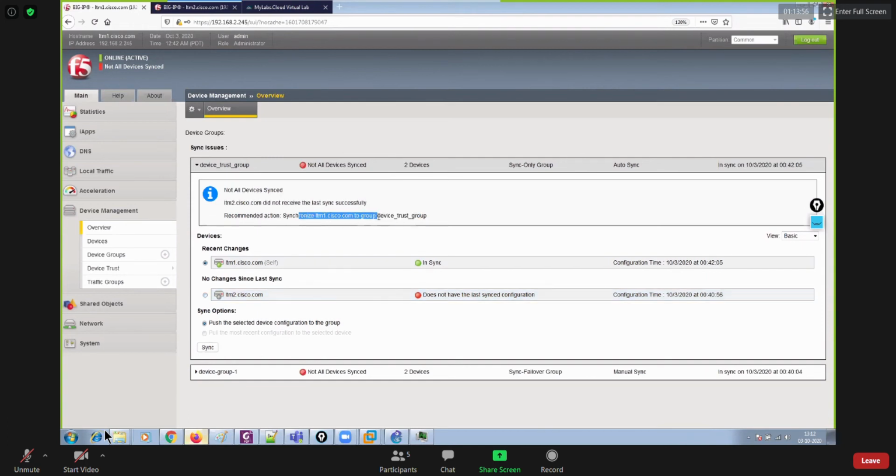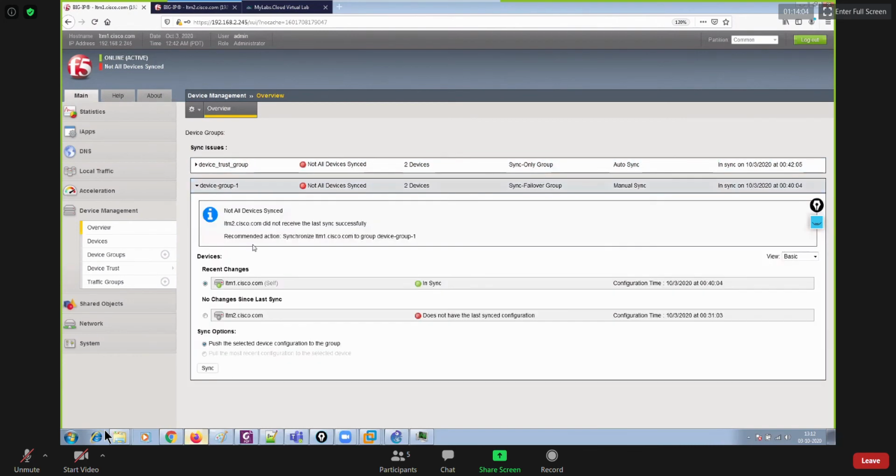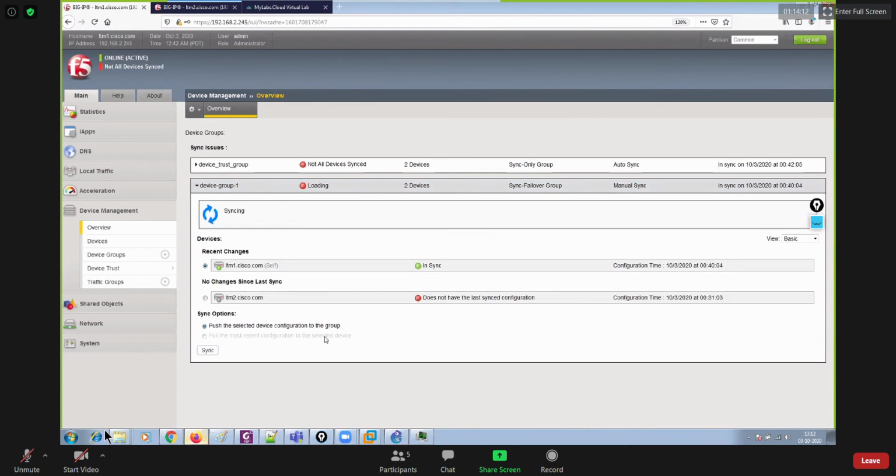Synchronize LTM1 to group device trust group. How? Okay, which means the group was incorrectly selected. That should have been group 1.